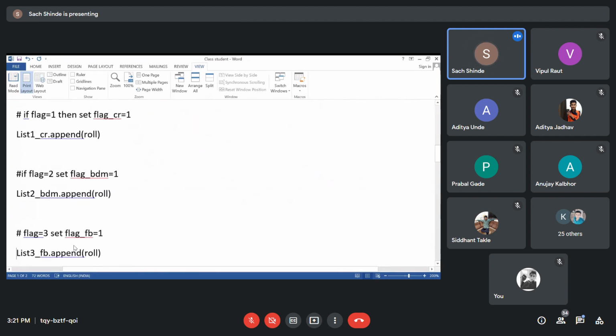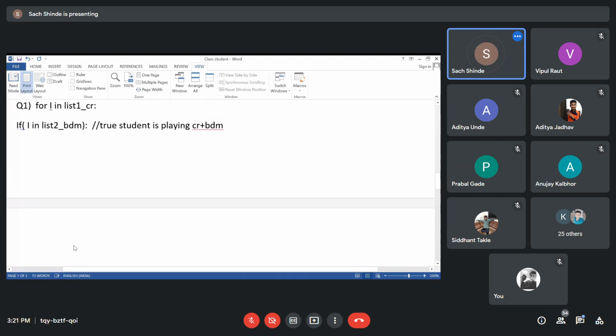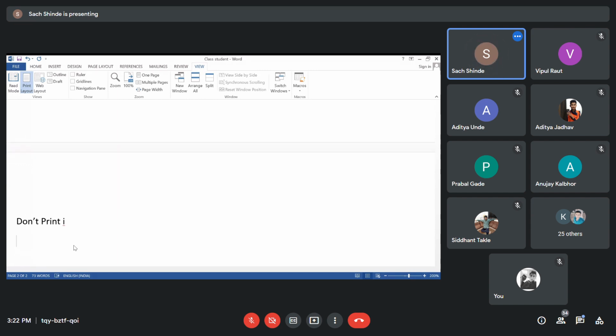So this statement we have just inserted over here. If it is found over there, then your answer is don't print for query 2. So over here, don't print the name or roll number if it matches both the terms.